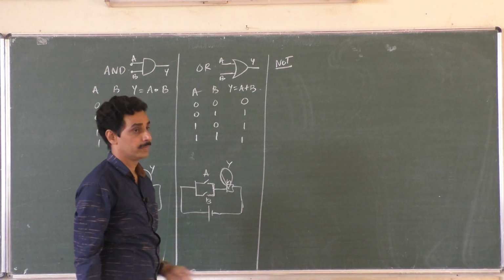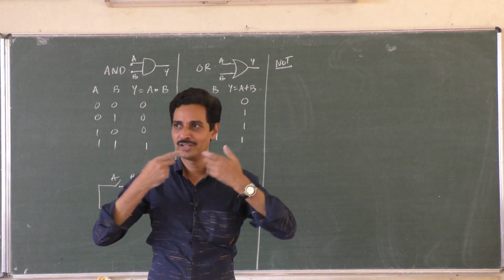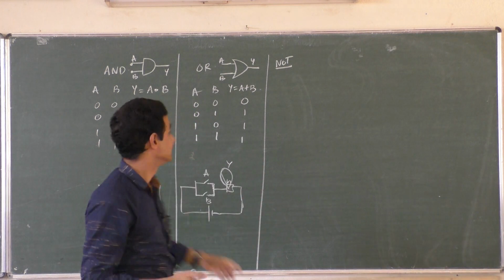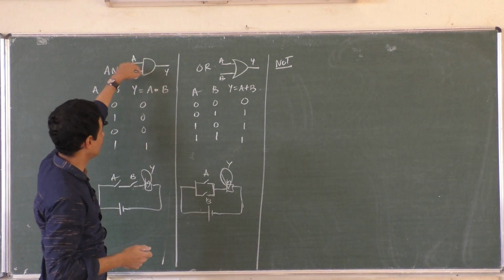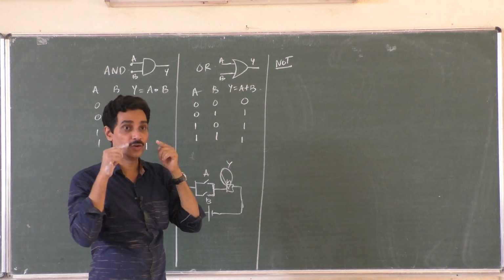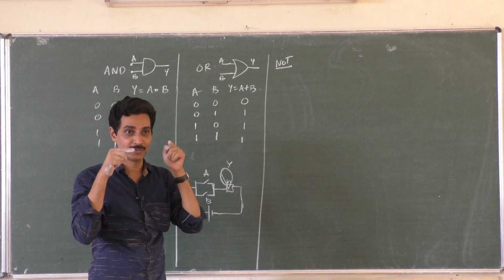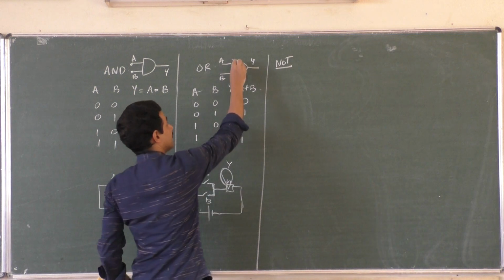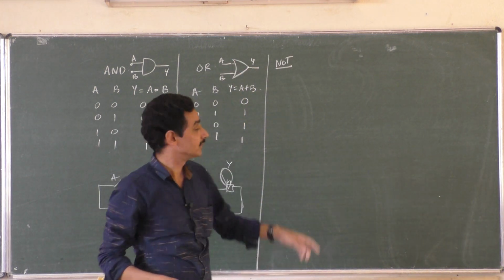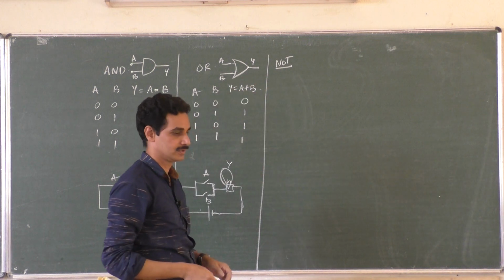Now, in order to remember this, when you say AND, how does your face look like? It will be a smiley face, right? See here, it will be a smiley face with curve up. You just rotate it, it will be a smiley. What about OR? How do your mouth and lips come? It is OR. So it will come like a pig, right? When you say OR, it will be like a pig.